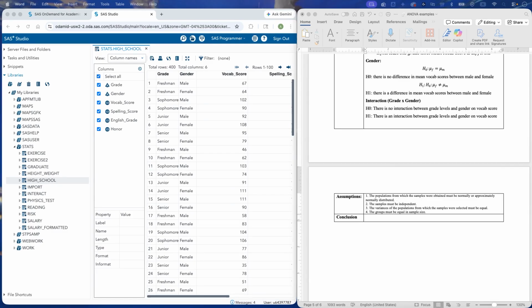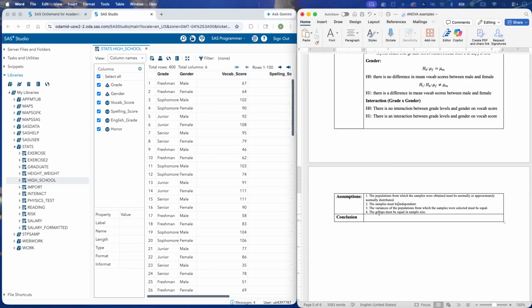The other assumption that we would like to check is the normality. Actually, it is the first one, the normality. And this is going to be checked using a histogram of the residuals or a QQ plot. We are expecting to see something bell-shaped, symmetric. Third one, the variances are equal, and we can see that one using the residual versus predicted value plot. Finally, the groups have to be equal in sample size,